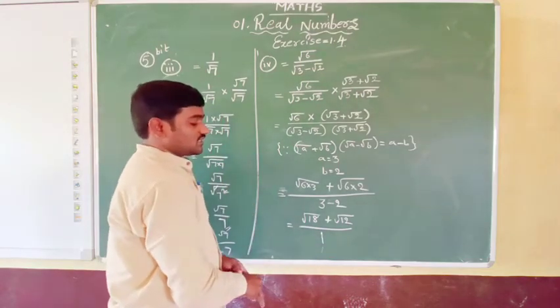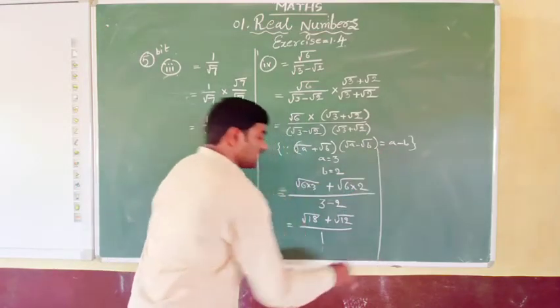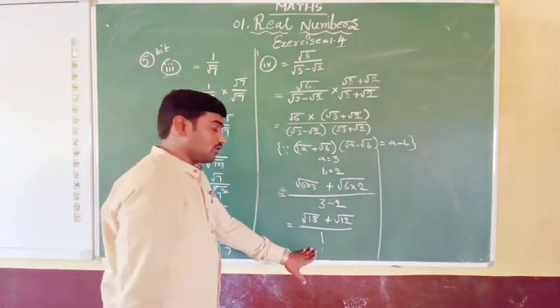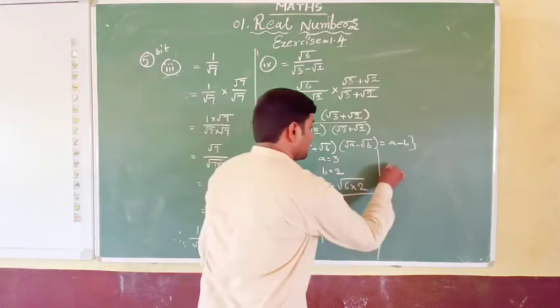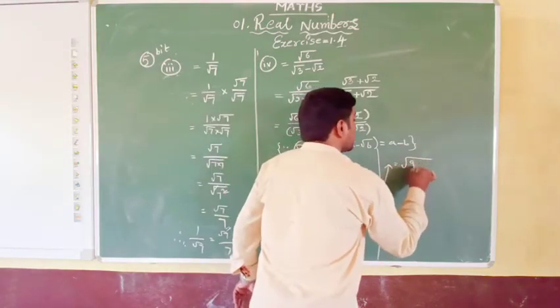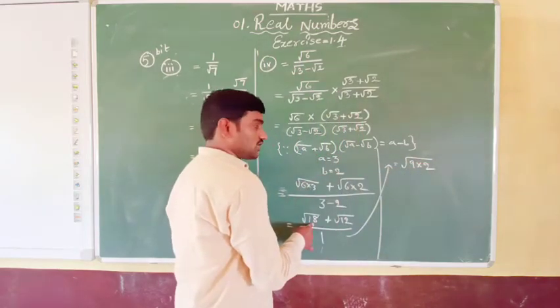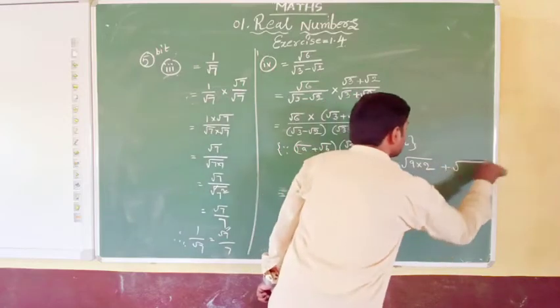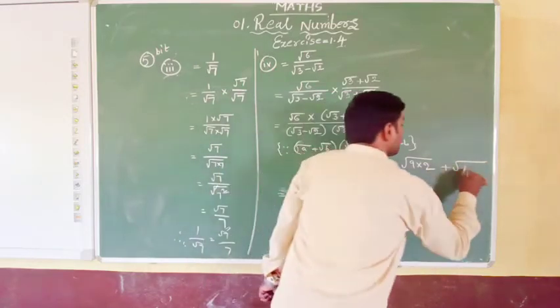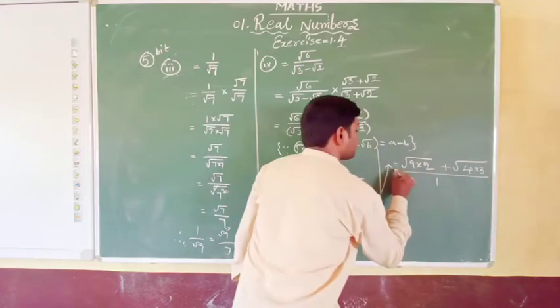Here we rationalize. Again the numerator part we can change. Even here itself you can stop. But how can we do it again? Let me tell you here. This root 18 I will write as 9 into 2, and the 12 I can write as 4 into 3, all by 1.